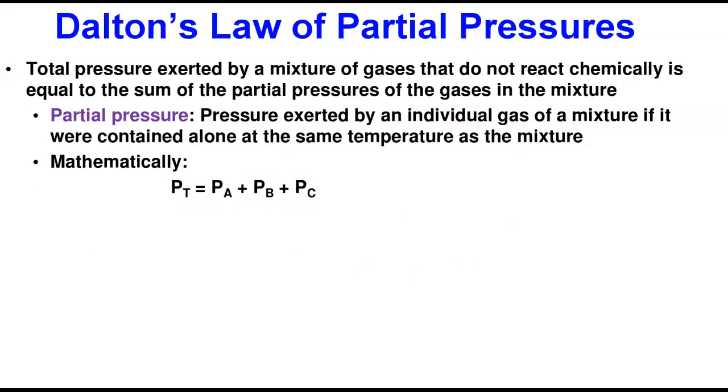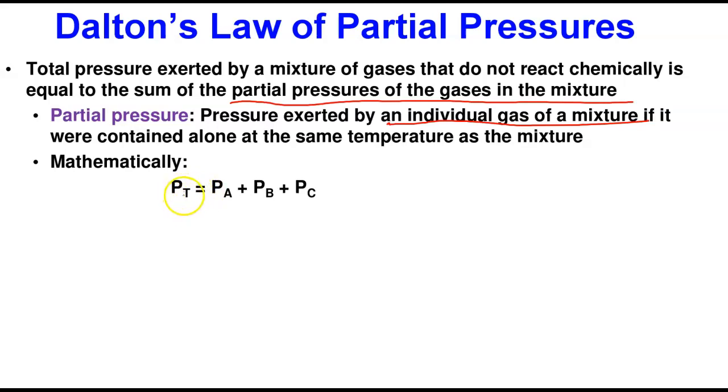And lastly, the last but not the least we're going to be considering is Dalton's law of partial pressure. Now, Dalton's law of partial pressure is a law that states that the total pressure of a mixture of gases which do not interact chemically is equivalent to the sum of the individual gas pressures of those gases. So the pressure exerted by a mixture of gases that do not react chemically is equal to the sum of the partial pressures of those gases. A partial pressure simply means the pressure of an individual gas. That's why we call it partial pressure: the pressure of an individual gas if it is contained alone in a container.